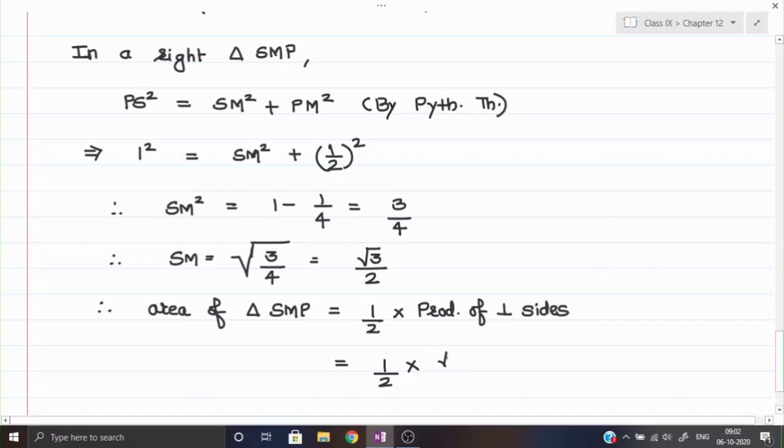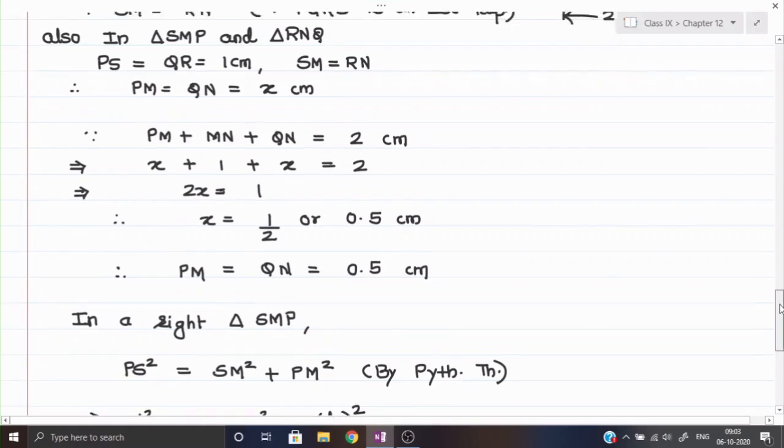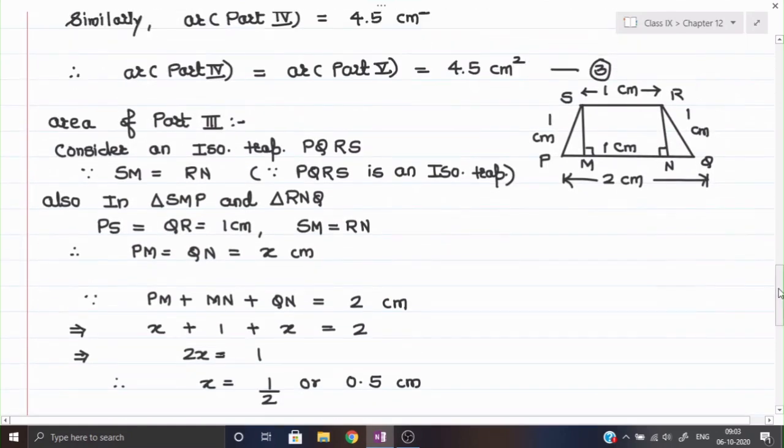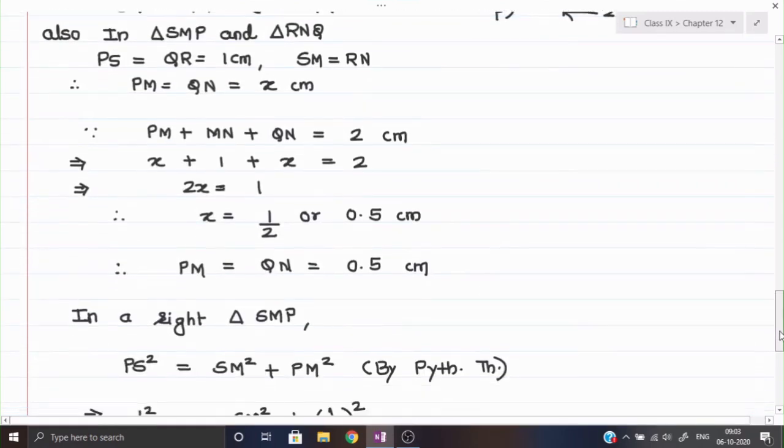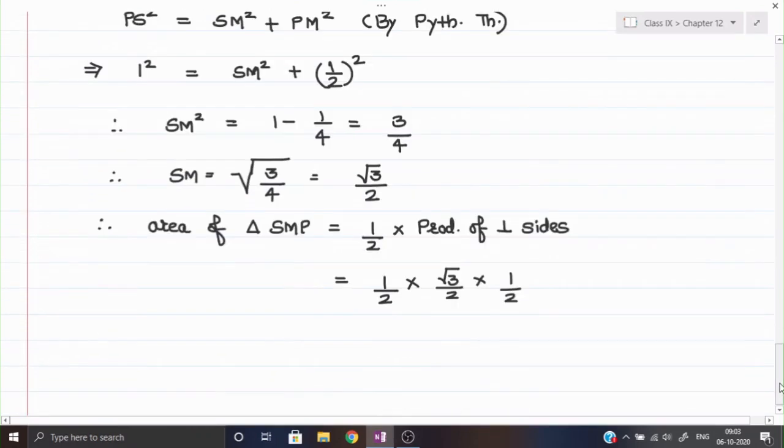Under root of 3 by 2, and the second one is 1 by 2. Once we can check, see, under root of 3 by 2, the perpendicular I have got just now, the value of SM. Okay, look at the triangle SMP. So SM we got as root 3 by 2 and PM we got as 1 by 2. So here we can write down, so this will become root 3 upon 8